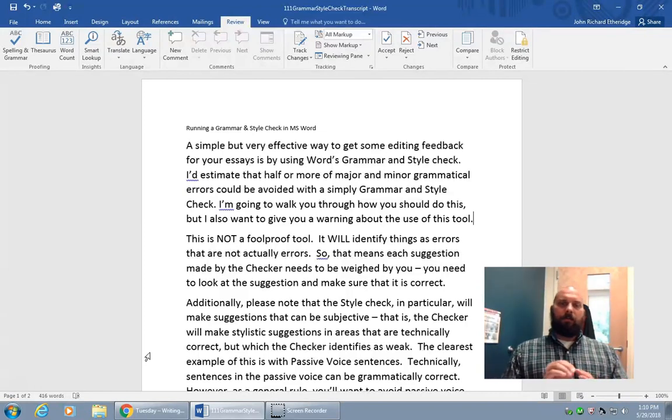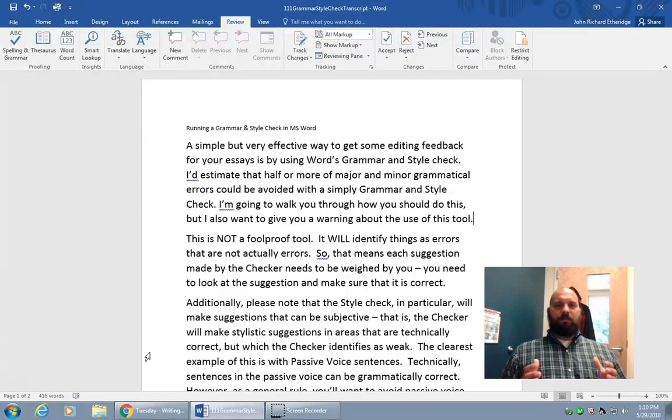If you make sure the checker's looking for passive voice, it will identify all those areas, and technically sentences in the passive voice can be grammatically correct. However, as a general rule, you'd rather have active voice rather than passive voice. Nonetheless, there are times when passive voice is appropriate and effective and shouldn't be changed.